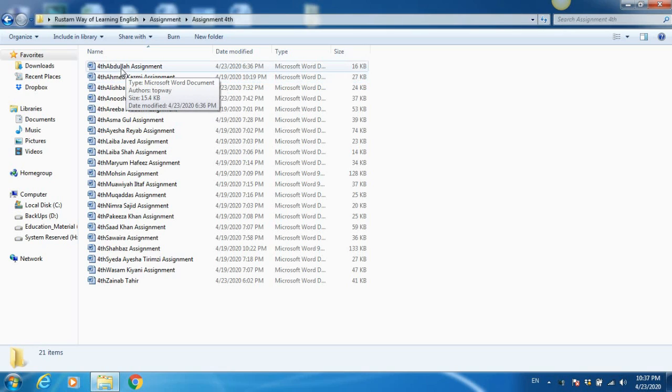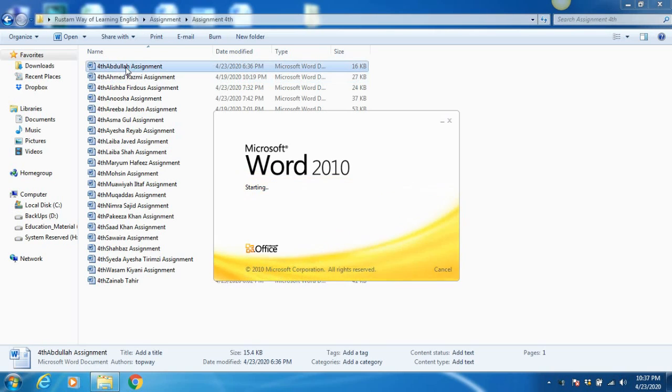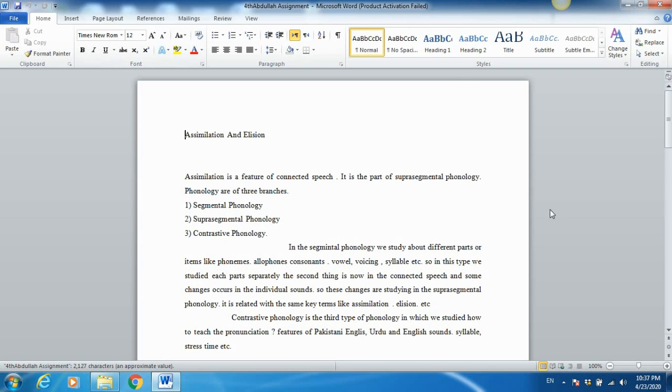this. Let's start from this one, Abdullah, fourth semester. Okay, so here the document is opening. Whenever we write some assignment, we need to make sure that our document has been prepared according to certain set parameters. Like usually we have A4. I think I'm going to check it quickly. First of all, see the document paper size.